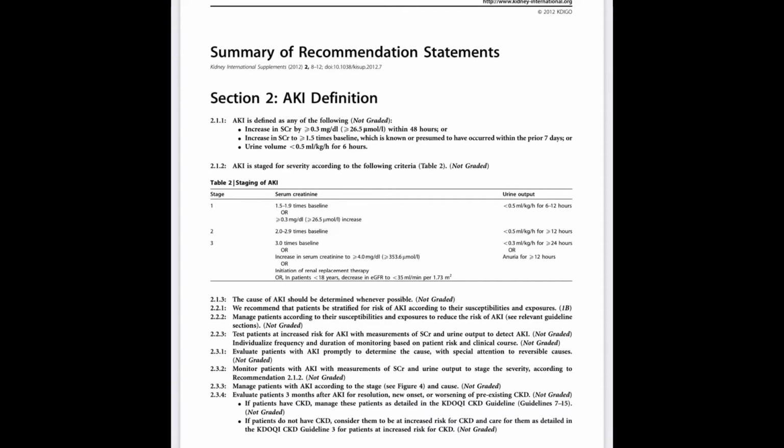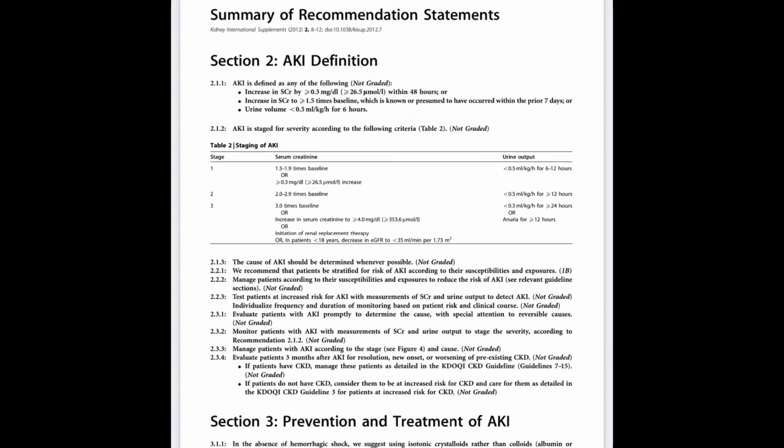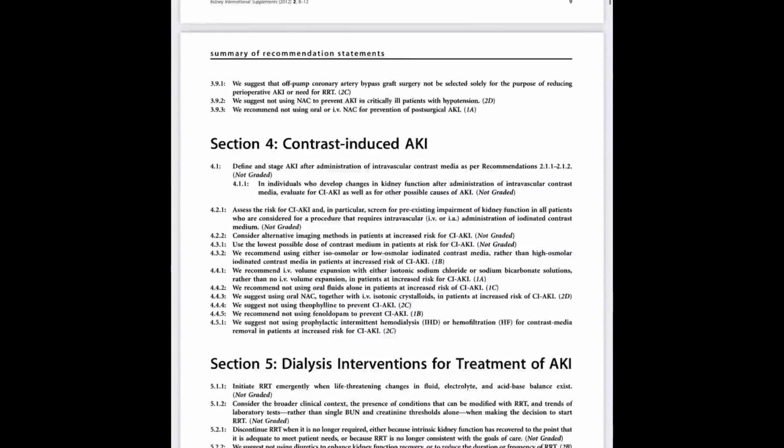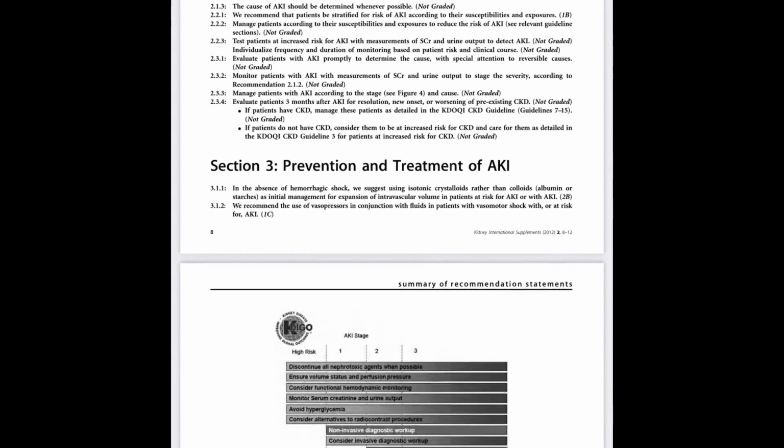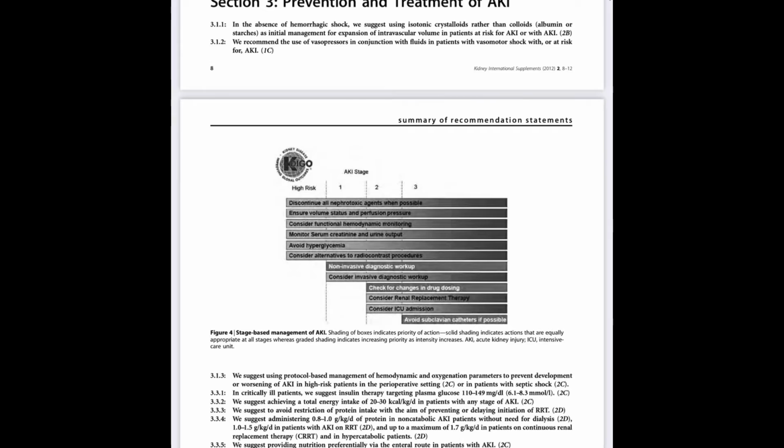A useful area within the guidelines is the summary of recommendations. This includes all the recommendations throughout the guidelines, summarized into brief statements in this area of the guidelines. This includes useful tables on staging of AKIs, as well as the treatment and what is needed